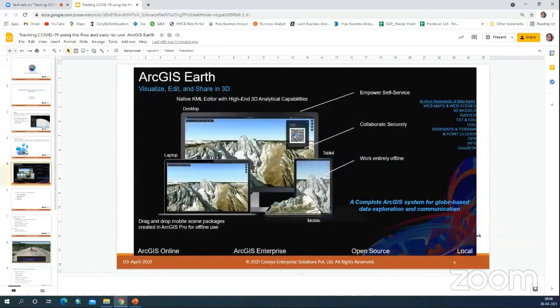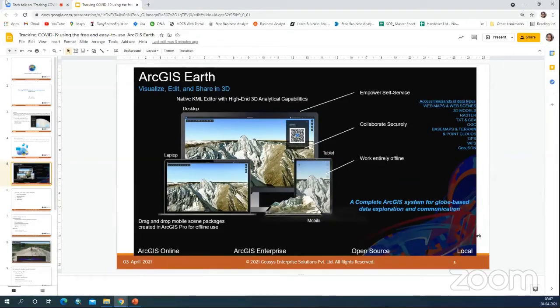So let's see what ArcGIS Earth looks like here. This is your laptop view, this is your desktop view, and this is your tablet or mobile view. You can see all the features in 3D.